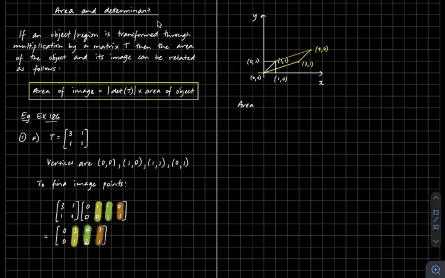So, area of the parallelogram. According to my rule, it's going to be the absolute value of the determinant of T times the area of the original object, which was the square. So the determinant of T is AD minus BC, which is going to be 3 minus 1. The area of the unit square was 1. So that's the absolute value of 2 times 1,